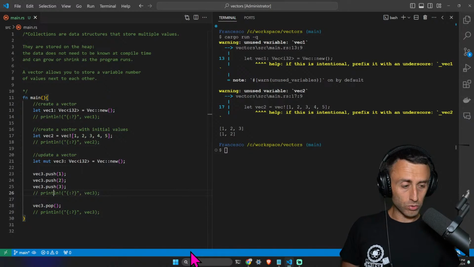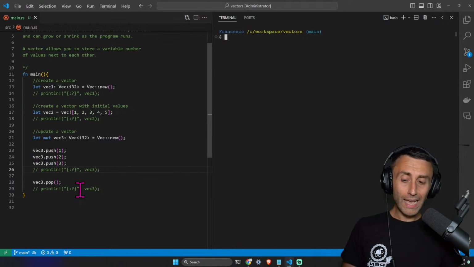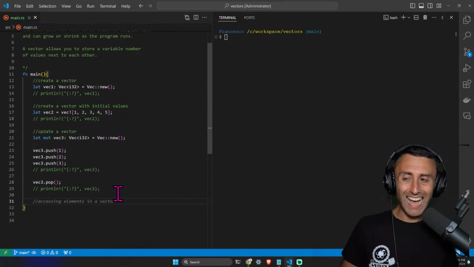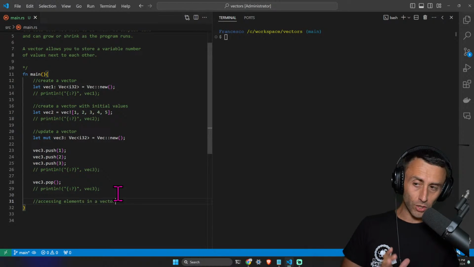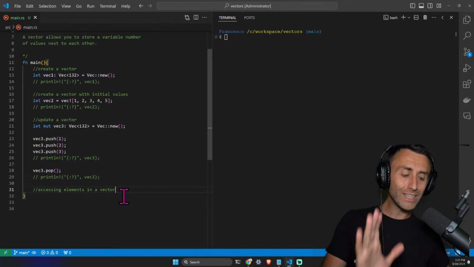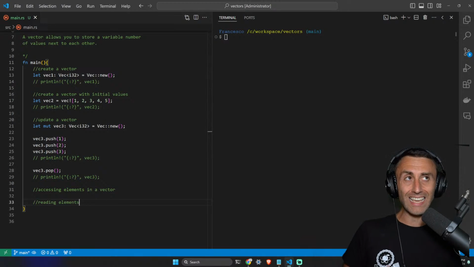Now, I want to remove this, and okay. And now let's talk about accessing elements in a vector. We can read them, also modify them. Now, to read elements of vectors, so read. So this is reading elements. It's like accessing